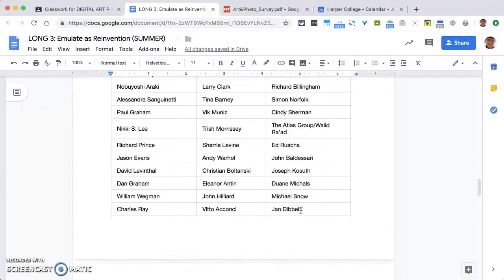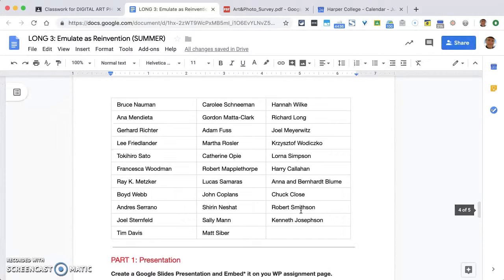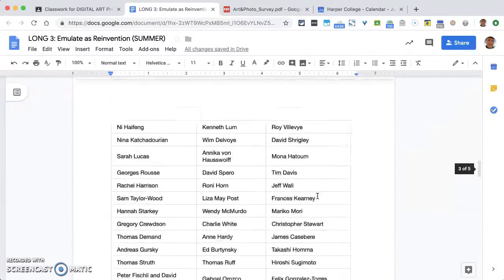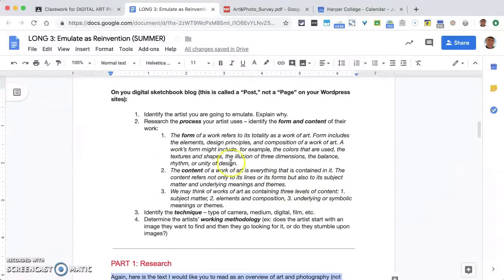These are artists that are mentioned in many of the history books and current day, and so it's a good intro, especially to some of you who maybe haven't delved into this subject much. This will be an introduction to the breadth of what photographers do in terms of considering themselves artists or photographers. Now, selecting one of these, doing your research,